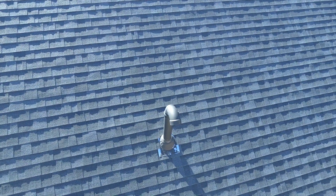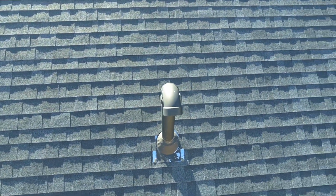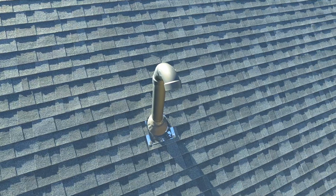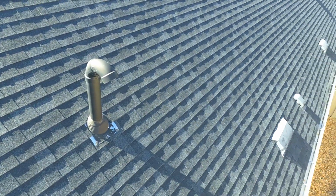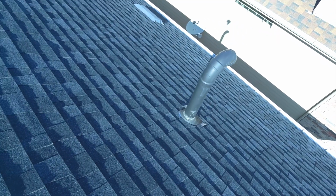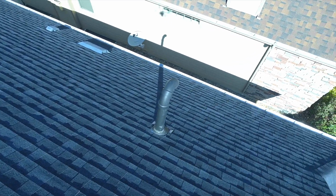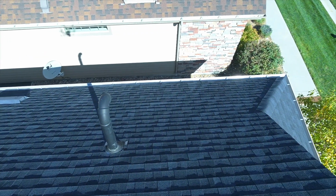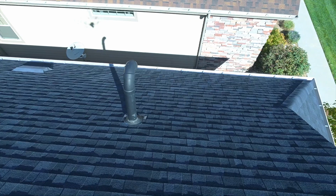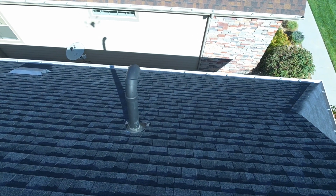And there it is. And you can see some wrinkles in the rubber boot. Let's see if we can get a little closer. Let's just come around and take a look at that. Get a look at it from above. Doesn't look too bad. It's just showing its age. We want to stay up off the roof a little more, because as it's getting warm there, it's bumping our aircraft around. But with the rippling in the boot there, I'm going to suggest they monitor that for potential problems